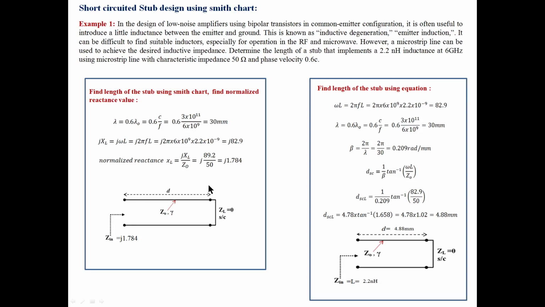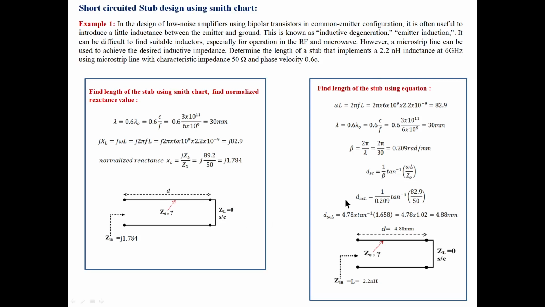We can take this part of the line, whatever the length, and replace it by an inductor. There are different types of inductors, wire wound inductors, transformers. What we wanted is that the effect must be an inductor between these two terminals. Whatever it may be, what we are looking at should be an inductor. So an inductor can be implemented by using this transmission line also. Based on the inductor value, this length only we have to choose. How to get this length based on the inductor value, we studied in the earlier class.